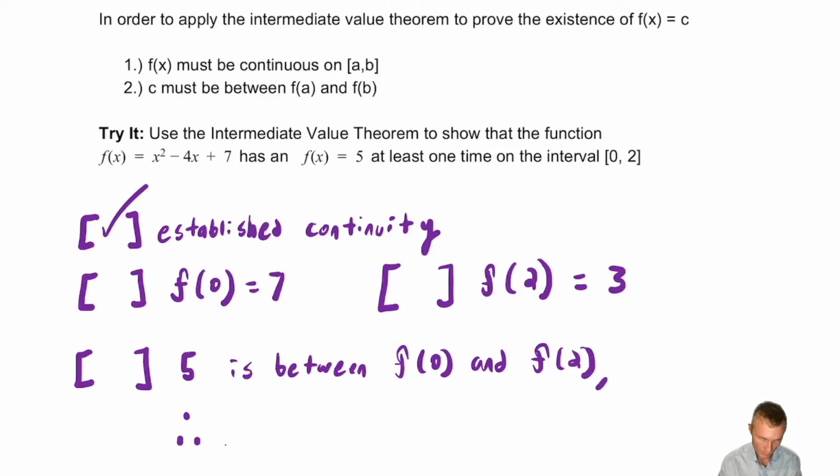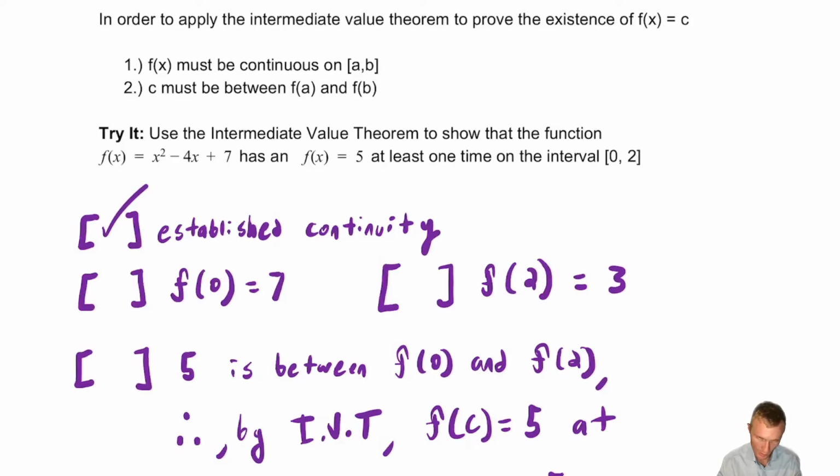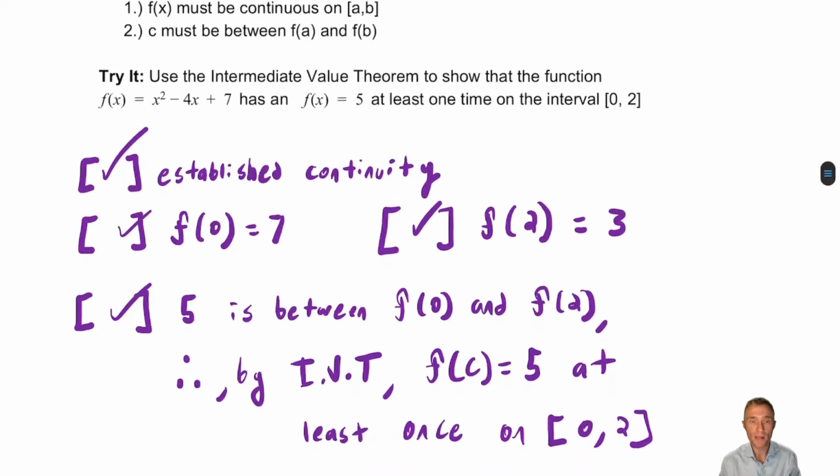Therefore, by the intermediate value theorem, f of c equals 5 at least once on 0 to 2. So go through, take a minute, compare your own answer to that one, and make sure that you hit the key points there, that you established continuity, you told me what the endpoints are, and that